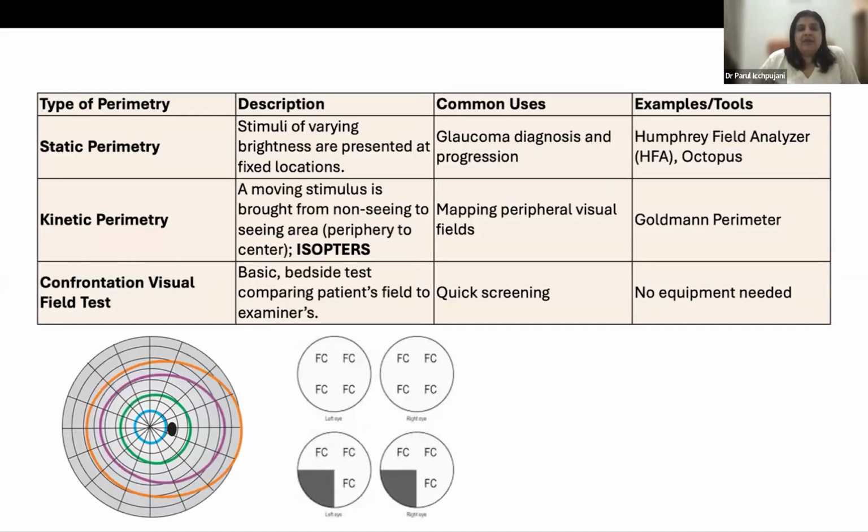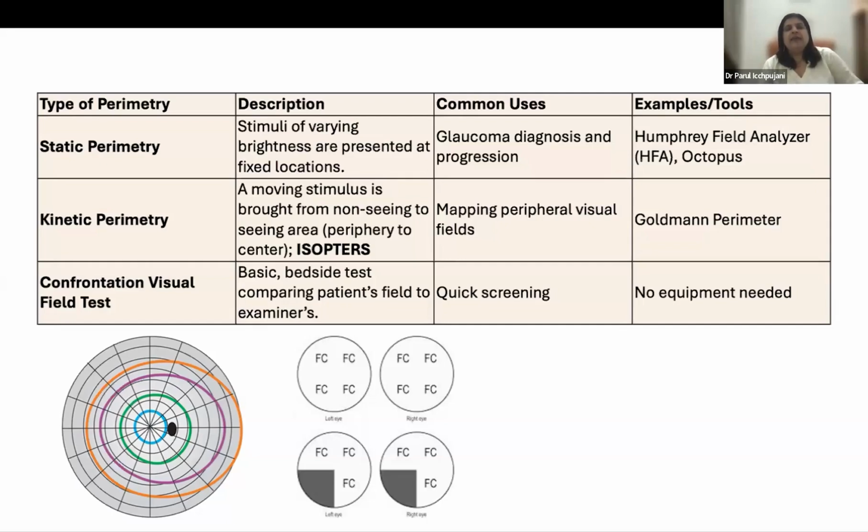On the other hand, kinetic perimetry, in this there is a moving stimulus which is brought from the non-seeing area to the seeing area. And then once the patient says, okay, now I can see it, the machine or the operator who is doing the test will mark that as a point. And when you have several points, these points are joined together to form a circle, and these circles are called isopters. So isopters are characteristic of kinetic perimetry. And kinetic perimetry essentially is very important for mapping peripheral visual field defects. So the standard kinetic perimeter is a Goldmann perimeter, but now newer models of Octopus are also able to perform